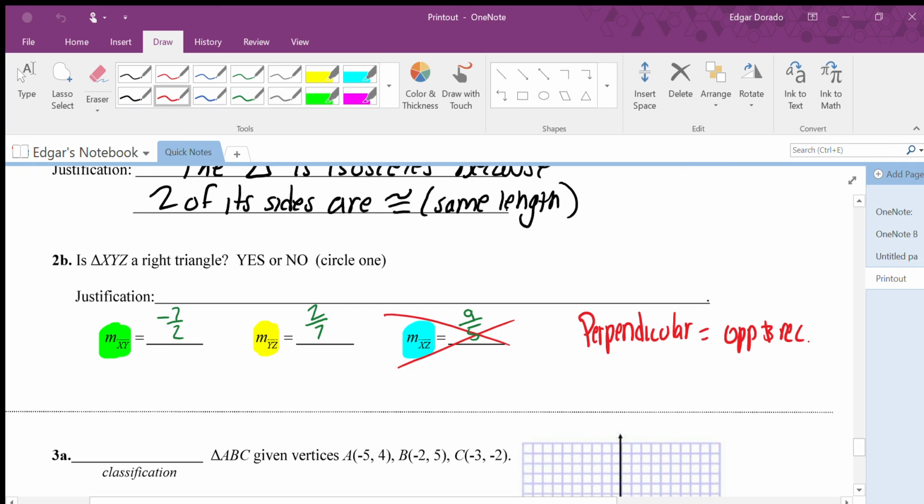But between these two, yes, those are opposite and reciprocal slopes. One of them's negative, one of them's positive. And then one says 7 over 2, the other has 2 over 7. I have opposite and reciprocal slopes. So, my justification is that I do have a right triangle, and the reason why is